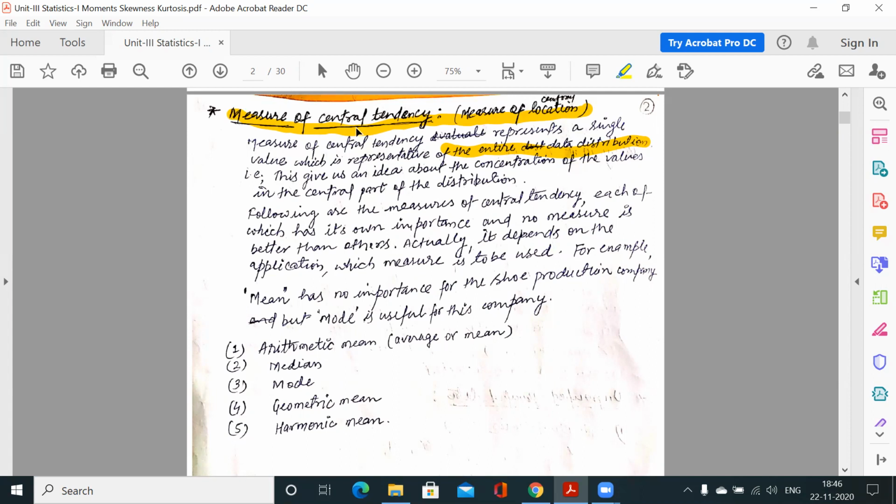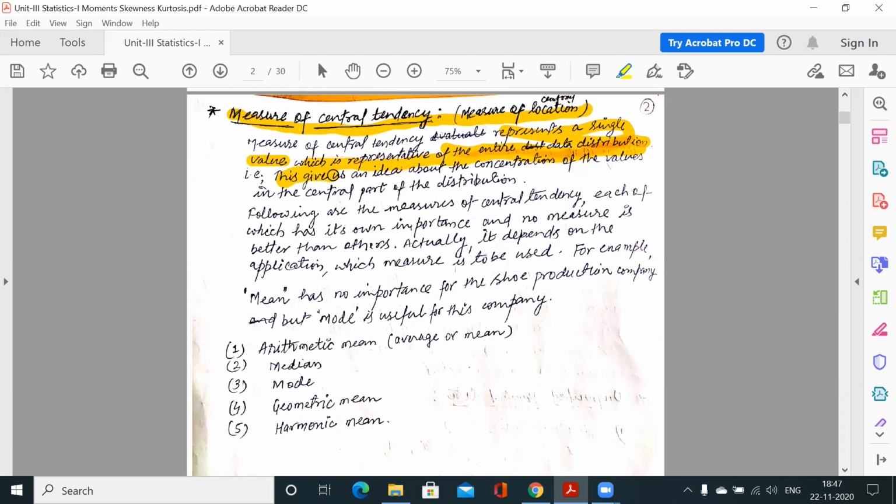So the measure of central tendency allows us to compare the data points and to have information about the data points. To extract information from the data, we calculate this statistical technique, which is the measure of central tendency. Now I assume that you know the purpose of the measure of central tendency. It is a single value which represents the whole data. Clear? It is a single value in the data which is representative of the entire data distribution.